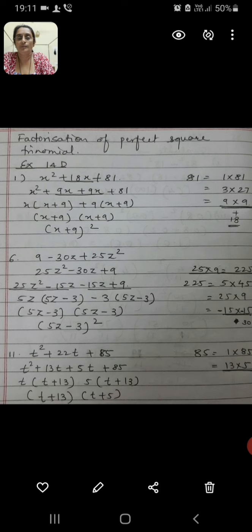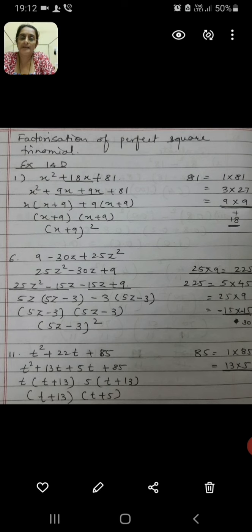Now whatever numerical term constant is there, that is 81, we have to multiply it with the first term's numerical coefficient. So x square is the first term and coefficient of that is 1. So 81 into 1 is 81 only. So we got 81. Now we have to split 81 or factorize 81. So I have done it for you. When you split it, you will get 1 into 81, 3 into 27, 9 into 9. So we got three options for 81's factors, that is 1 into 81, 3 into 27, 9 into 9.